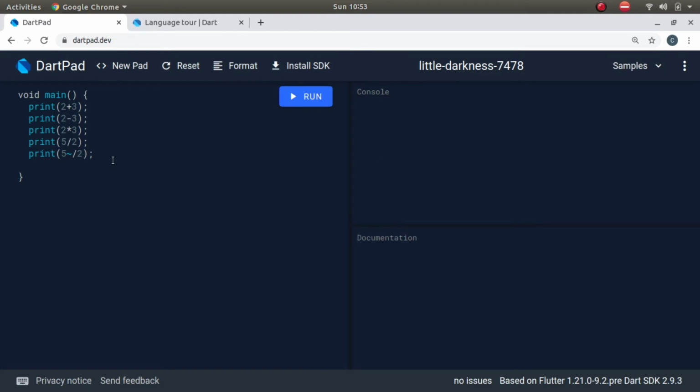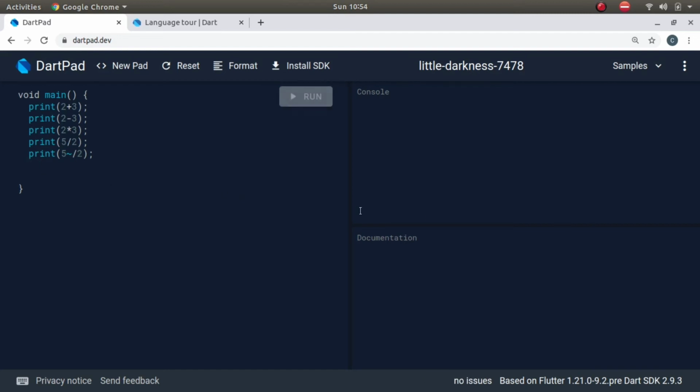For example, the nearest previous integer for 2.1 is 2. Similarly for 2.9, it is 2, for 2.4 it is 2, or for 2.99 the previous closest integer is 2 only. So all these values will be truncated to 2.